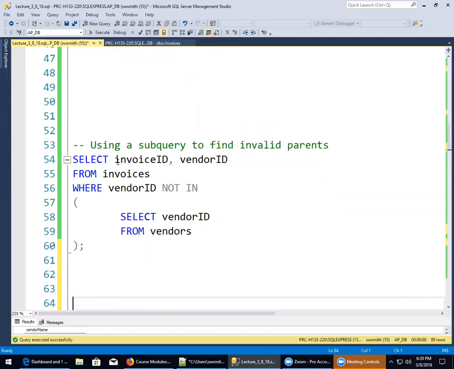Here is the same thing, invoice ID, vendor ID from invoices. Everything, the output of the query, all comes from the invoices table. Where vendor ID is not in, select vendor ID from vendors. So this would be the right side of it, the upstream side. I want everything from the invoices table, matching records from the vendors, and then I filter out the matching records. So this would be a,